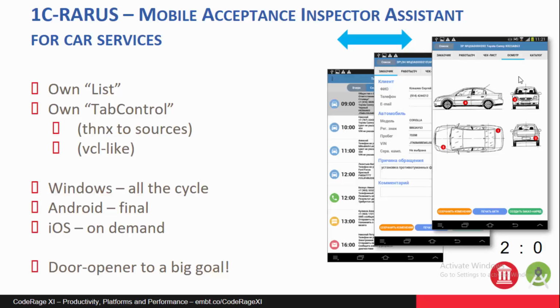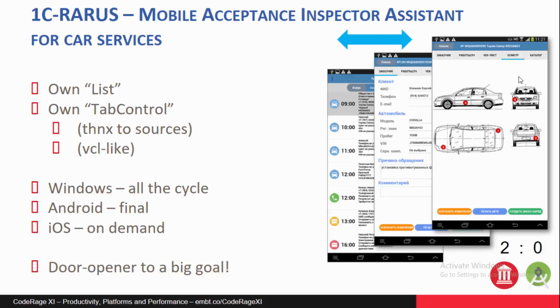When building the user UI, our own component list was developed because at the time of development, the standard components, list box or list view, were not enough, and now it's a super fast list component.